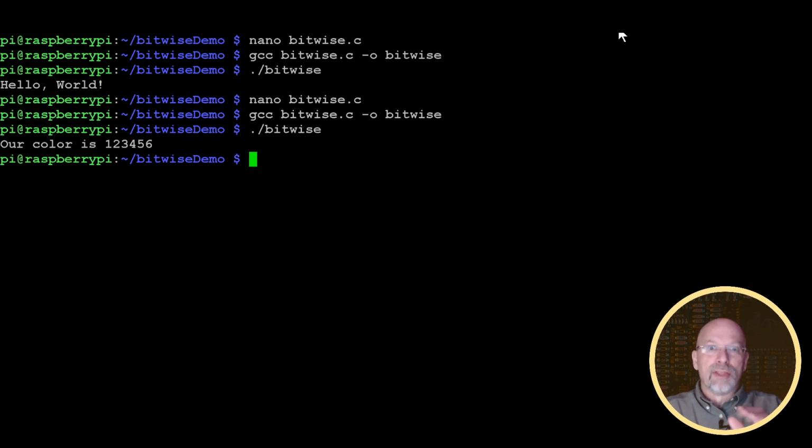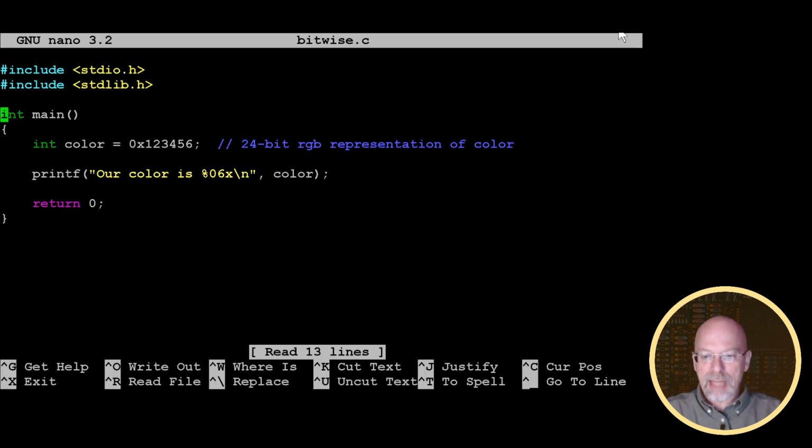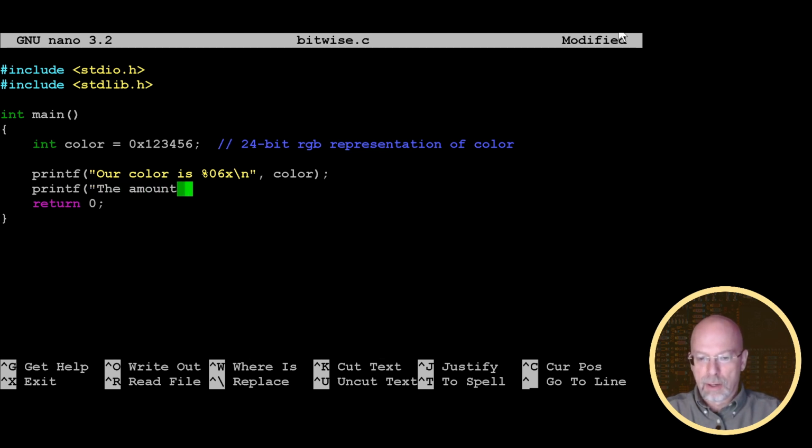All right, now, this whole discussion is actually meant to talk about, well, bitwise operations. And the first bitwise operation is the Bitwise-AND. So let's take a look at the Bitwise-AND. If I wanted to, for example, just output the amount of blue, let's try doing this. So we'll do printf, the amount of blue in our color